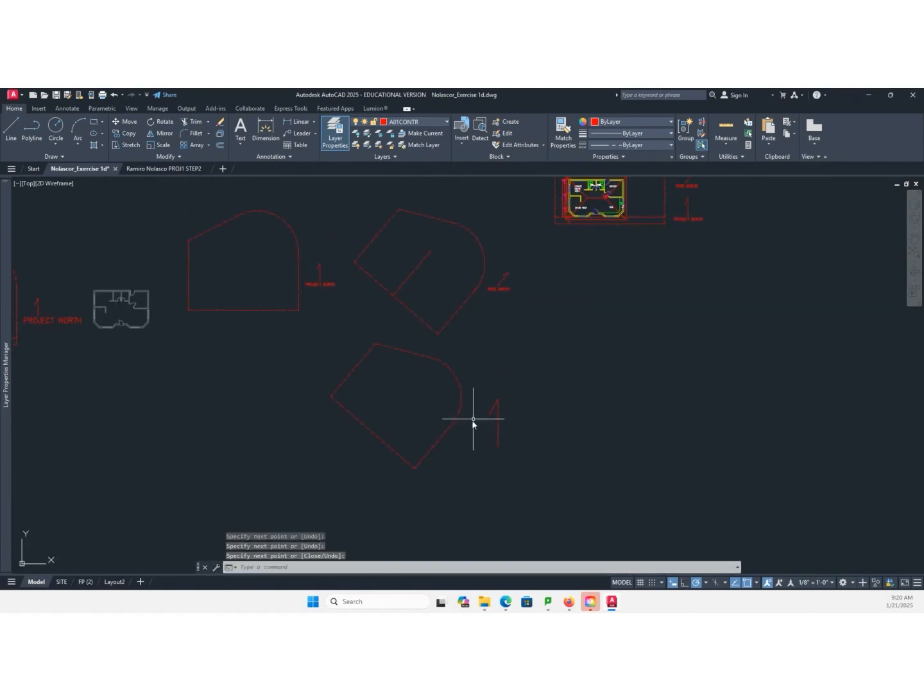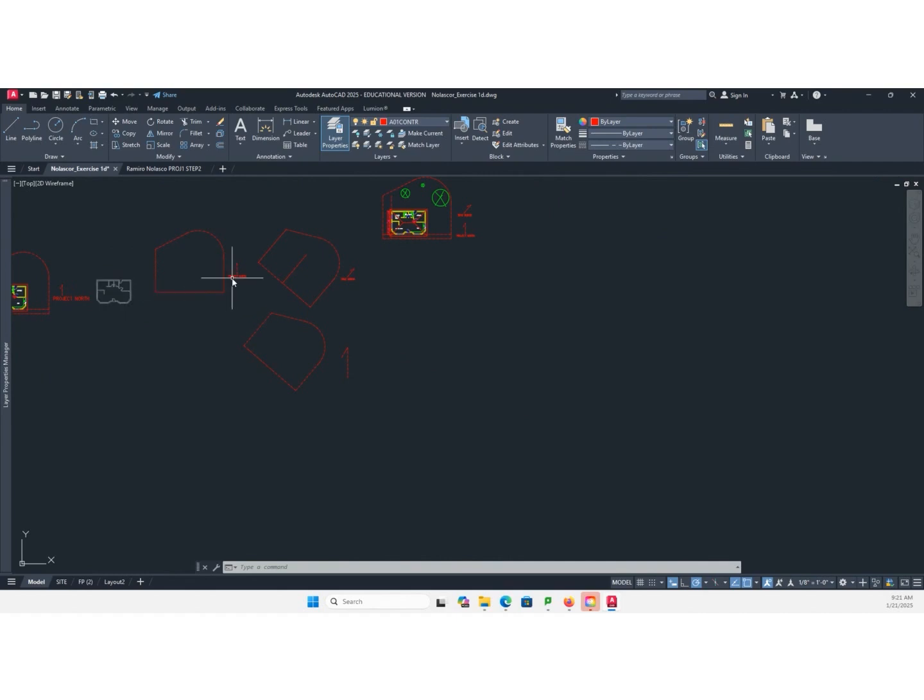Okay? True north. But when you rotate it and we have your property line aligned to, or oriented with, your building, that is what we call the project north. So, first, you need to place your true north, and then you want to rotate your building. So, this is your true north, or sorry, your property line.